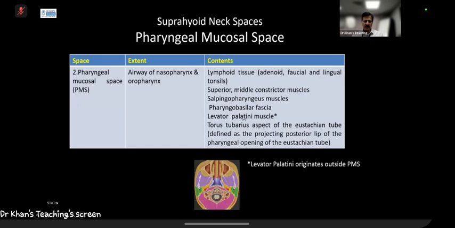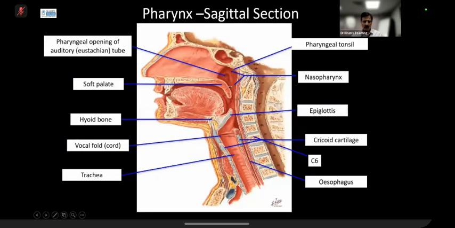This is the levator palatini muscle. Torus tubarius is this thing where I'm pointing out. This is the eustachian tube, and here the eustachian tube opens, and it is defined as the projecting posterior tip of the pharyngeal opening of the cartilaginous eustachian tube. We'll come back to this. Now, if you concentrate on this, this is midline